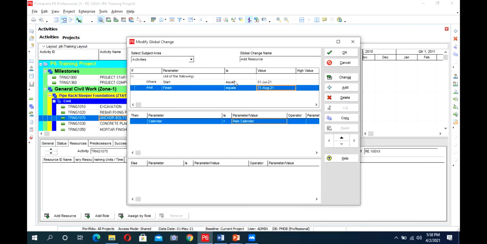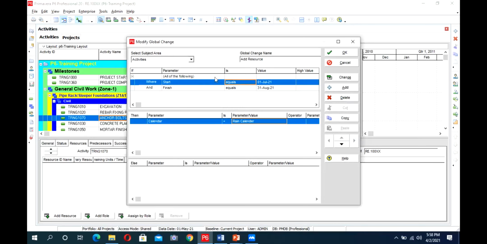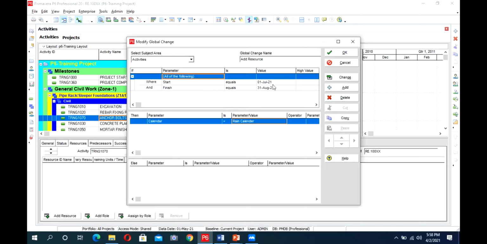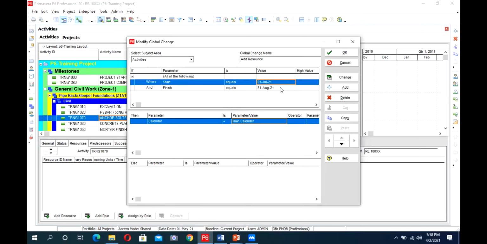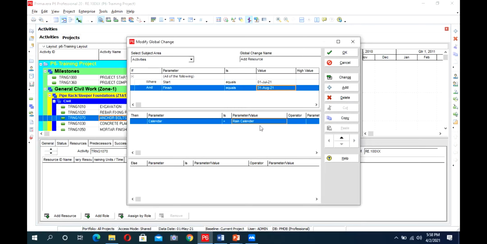So if an activity is starting 1st of July and its finish date is 31st of August, we will assign it the rain calendar. What will happen is it will plan the activities for 4 hours per day only and increase its overall duration and its finish date.